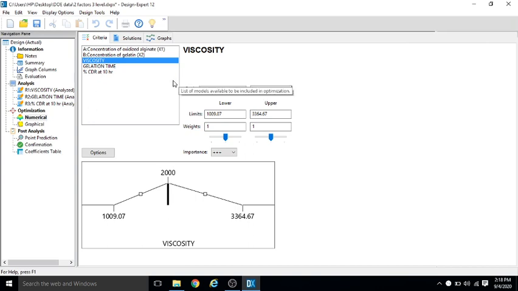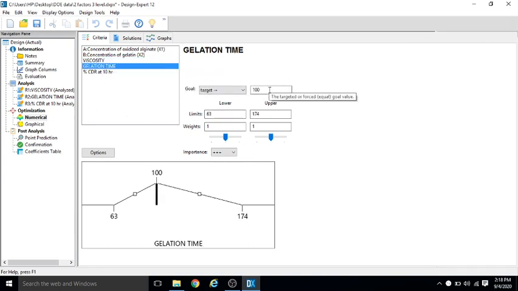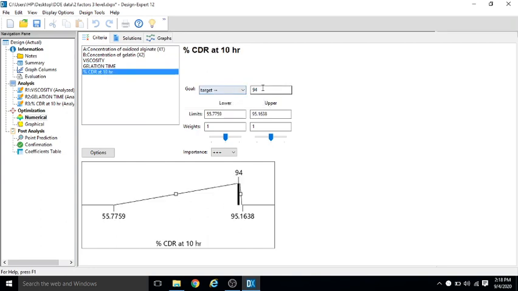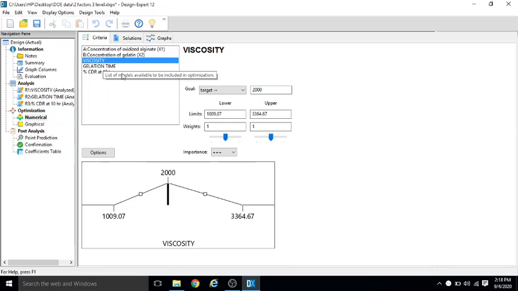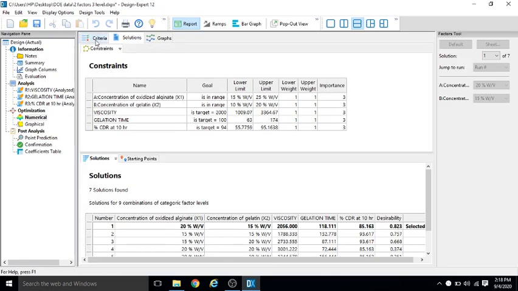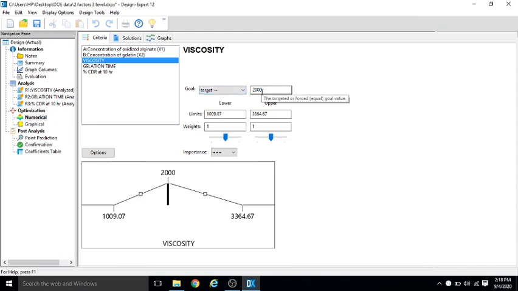So we have given targets. Viscosity, we want 2000 CPS. Gelation, we need 100 seconds. CDR 94. Now see why this is not matching, because from your basic knowledge of B.Pharm you must know that it is very difficult to prepare something with pinpoint viscosity. If you are preparing a gel or any semi-solid preparation, it's very difficult to prepare a gel or cream which has exactly 2000 CPS viscosity, right? So in the solution, why are you getting this kind of variation? Because we have selected a very pinpoint target, right?